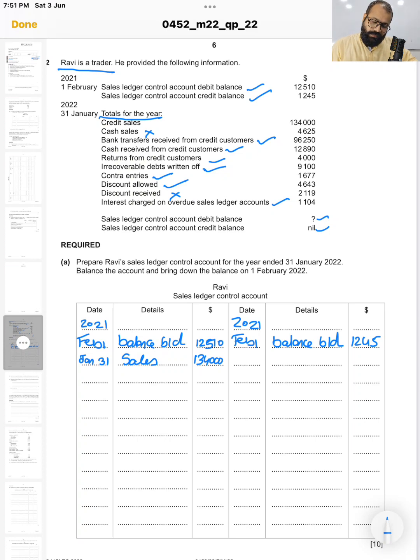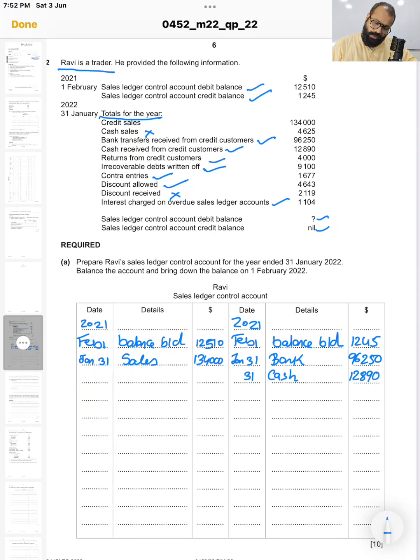Next, it is given bank transfer received from a credit customer. So we have sold goods to them and now they are making payment to us. When you are receiving payment, in the cash book it will come on the debit side, so here it will come on the credit side. So bank transfer, I will mention bank, Jan 31st, 96,250. After that, cash received from customers. Some customers are paying you cash and not transferring. Same entry on the credit side, Jan 31st, received from customer